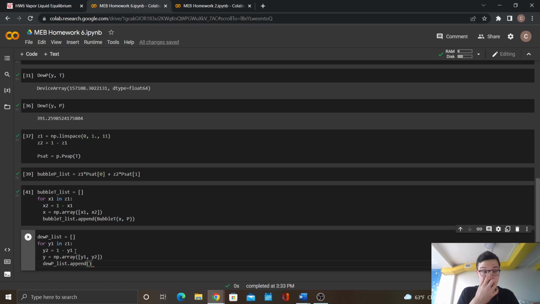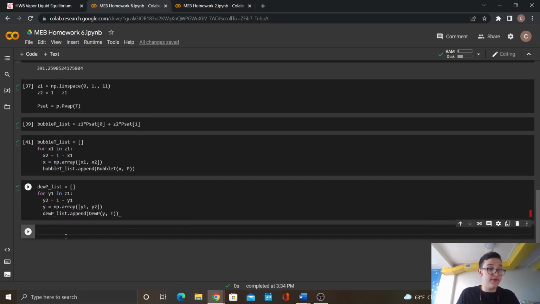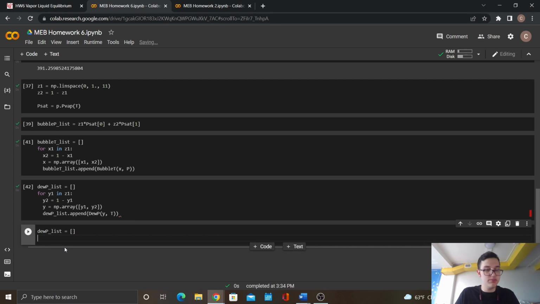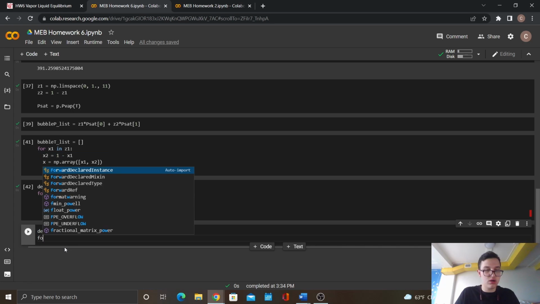List.append. And what do we want to append? Well, we want to append the dew pressure at given y and given temperature. Shift enter. And if I do the final one, do it one more time for dew pressure, list is equal to a blank array for